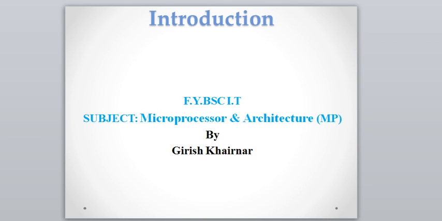वेलकम इन अनदर वीडियो ऑफ माइक्रोप्रोसेसर आर्किटेक्चर। स्टूडेंट, लास्ट लेक्चर में हमने मेमोरी मैप एंड आईओ एक्सेसिंग का टॉपिक डिटेल में स्टडी किया था। तो आज के इस वीडियो लेक्चर में हम एप्लीकेशंस ऑफ माइक्रो कंप्यूटर बेस्ड सिस्टम का डिटेल में स्टडी करेंगे। तो शुरू करते हैं आज का ये वीडियो।